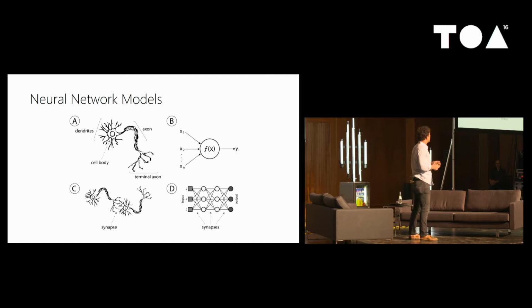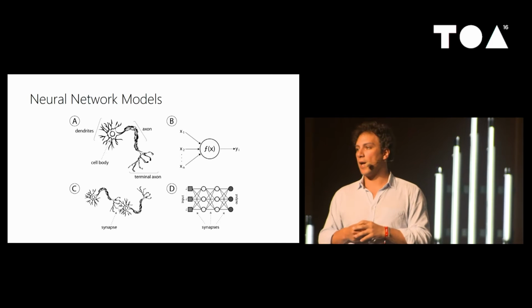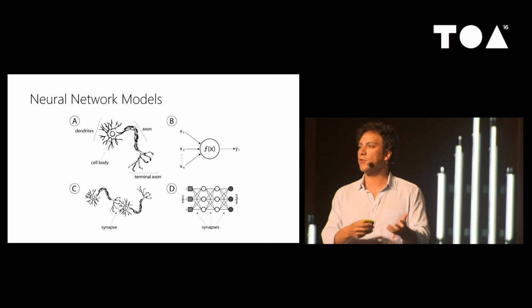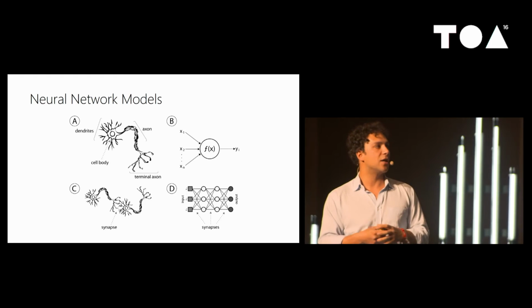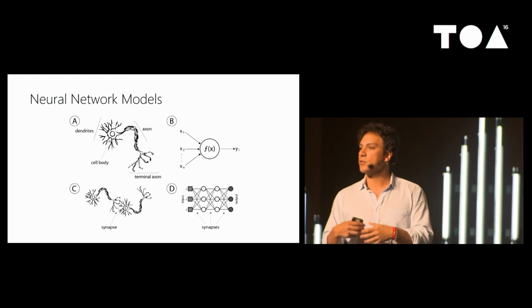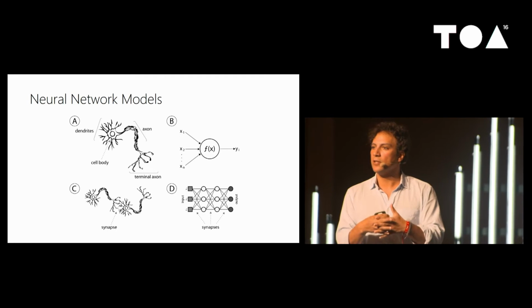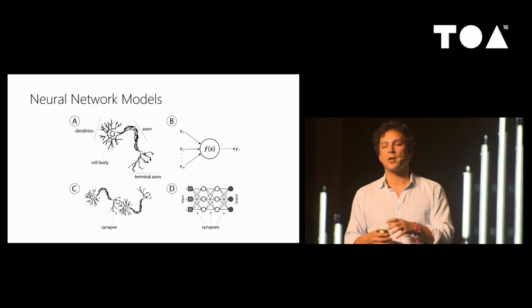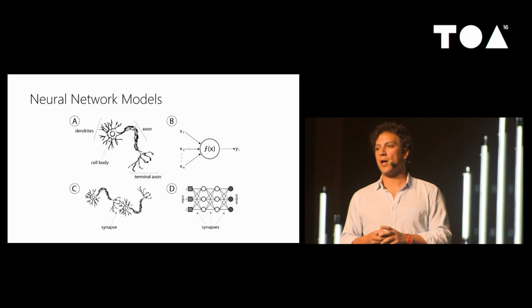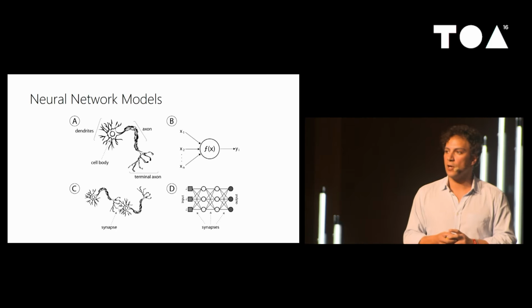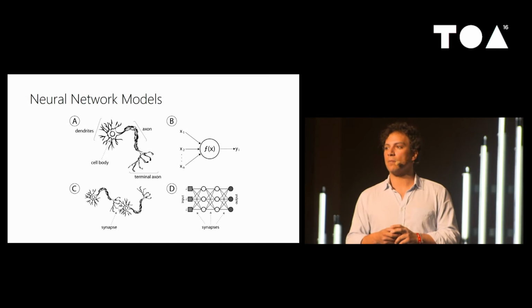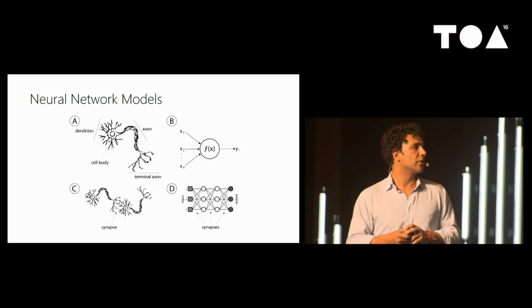And so in figure B, we have the artificial version of this, the thing that we might use in a computer. And it has the same structure. It has these inputs, X, which you can think of as kind of the stimulation on the dendrites of the biological neuron. They come together, and there's some activation function, F, where if all of the inputs to the neuron exceed some threshold, then an output comes out the side, Y. Artificial neurons like this have been explored for a long time. And it's only recently that we're able to make use of them and train them to do interesting things.